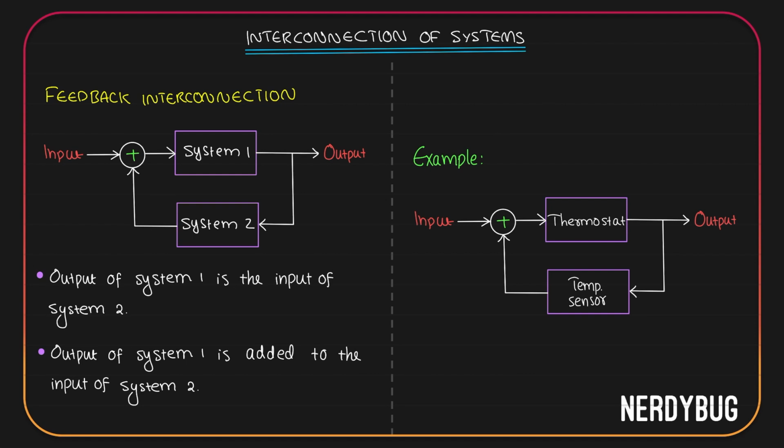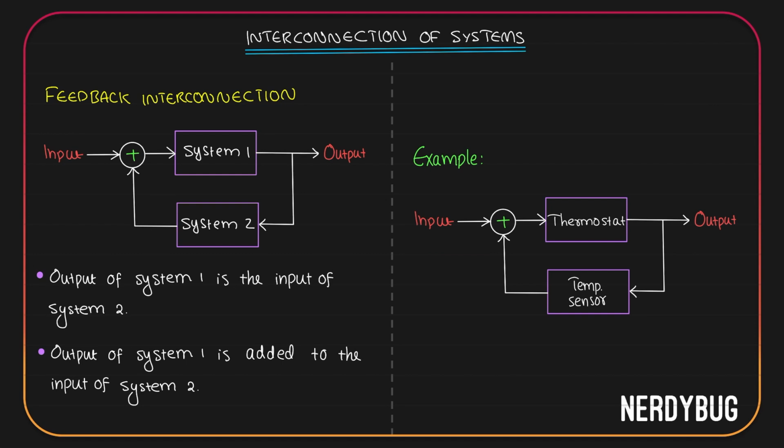For example, let's take there is a thermostat in your room. Obviously, you want it to change the temperature of the room automatically. So, what we do is the output will be taken and it goes through a temperature sensor which gives a part of it to the input. So, if the temperature is too much, the thermostat will decrease it. If the temperature is too less, the thermostat will increase it. The temperature sensor is technically giving it feedback on the output.